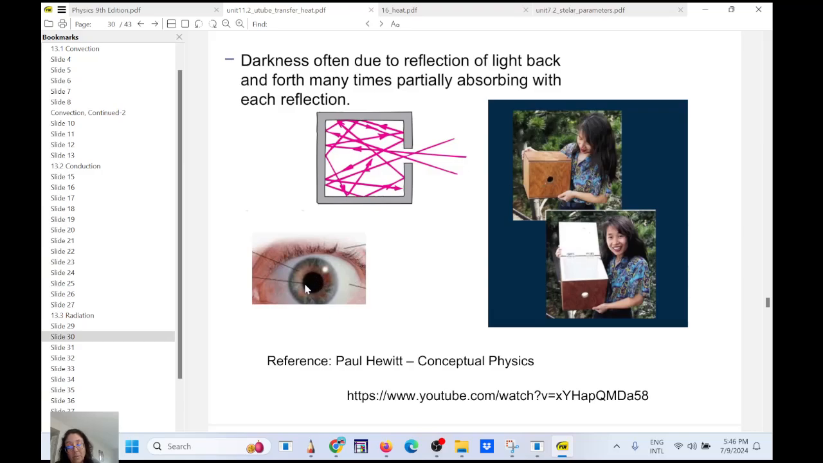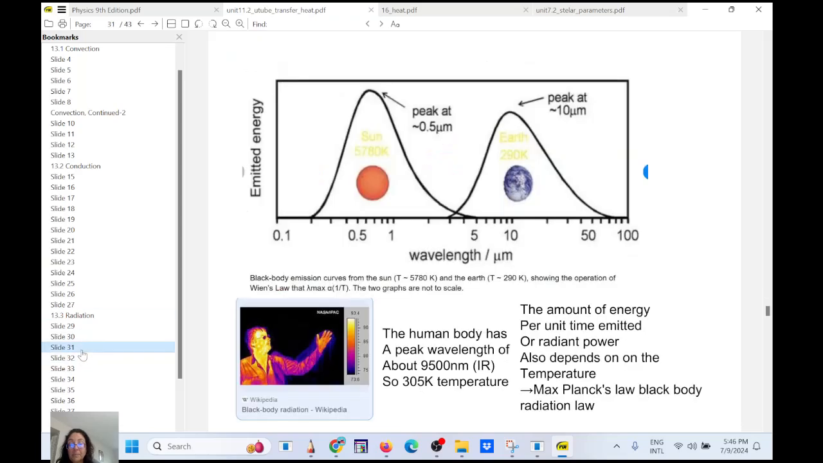This is also here, it's behaving like a black body because all the light hitting this pupil will be absorbed. Okay, so that will be a black body. So that will take us to Max Planck's law of black body, or the Max Planck radiation law that says when you have a perfect black body,